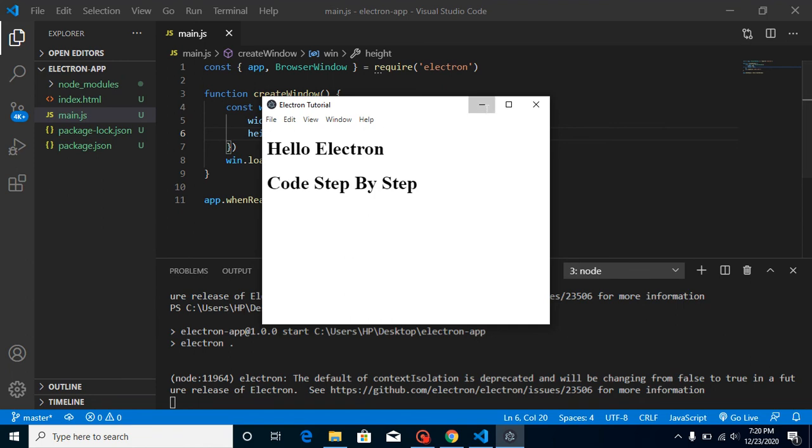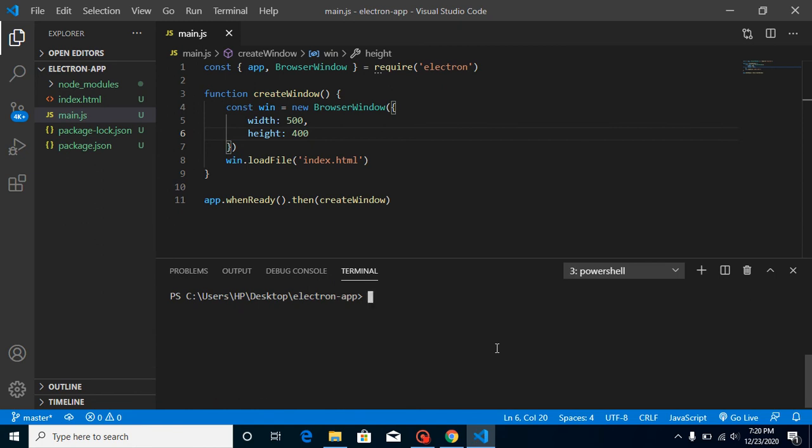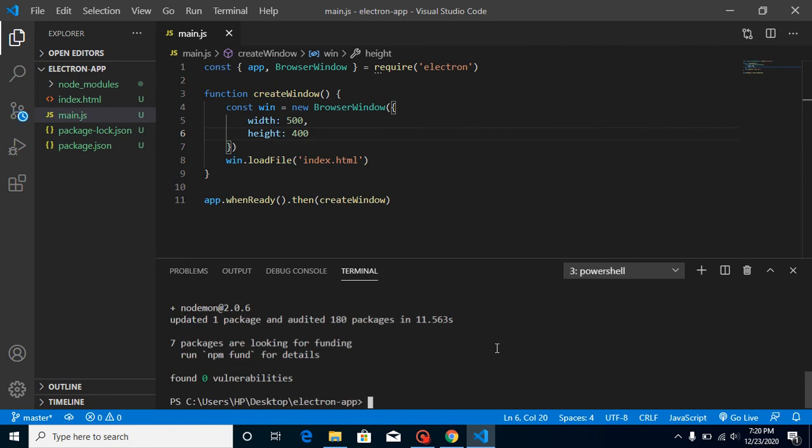So let's say we are working on our main process and we are debugging something or writing new code, then every time we have to stop the execution of npm and run it again. So this is really a time consuming process. To resolve this problem, we can install a package which is Node Moon. Run npm install, and simply write Node Moon, and hit enter. Once we install it, it has the capability to check for changes. Whenever we save our code inside the main process, it will detect it and automatically reload the code, right? So now let's see how it works.